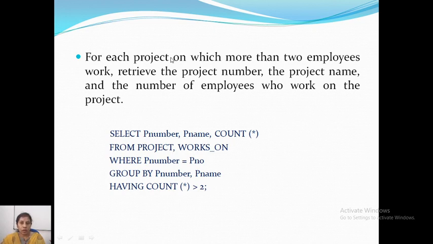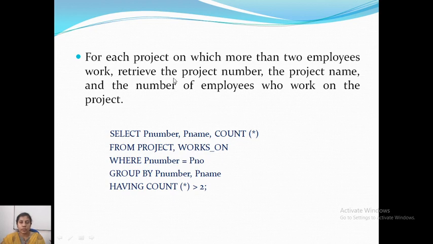So for each project on which more than 2 employees work, retrieve the project number, project name and the number of employees who work on that project. First, identify what columns we need to include in the select clause: the project number, the project name, and the number of employees, so count.